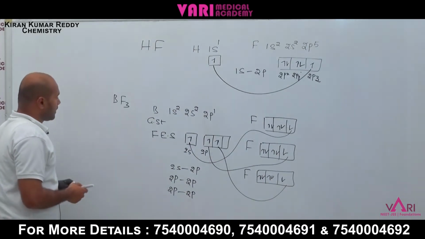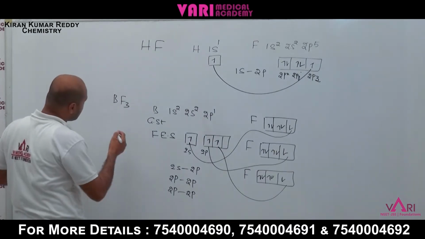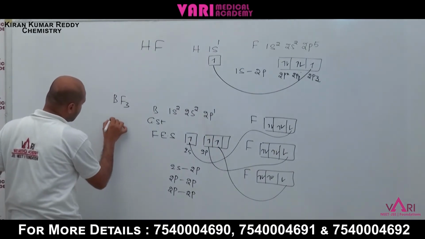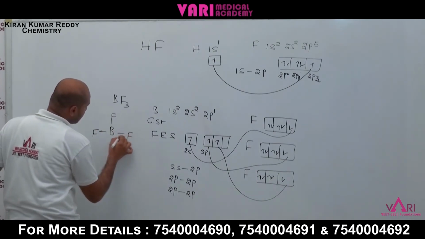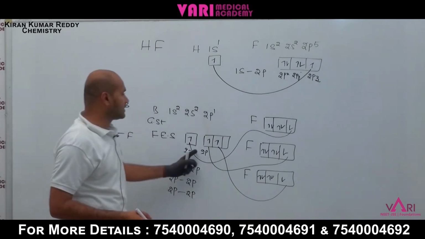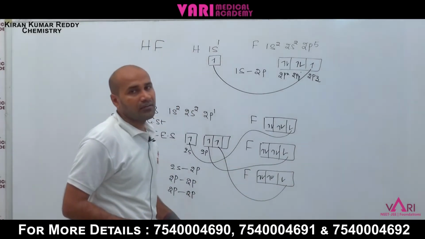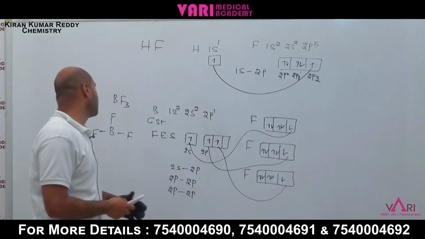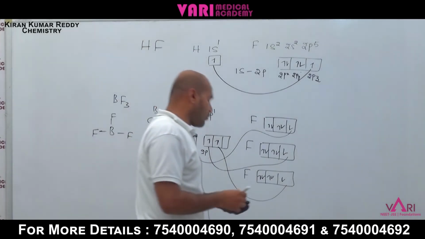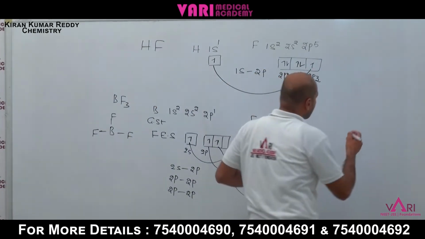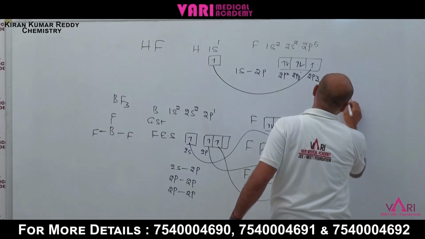How many sigma bonds are present? Here BF3. How many sigma bonds? 3 sigma bonds. This is the overlapping of atomic orbitals. This is BF3 and this one is HF. If you take water, H2O,